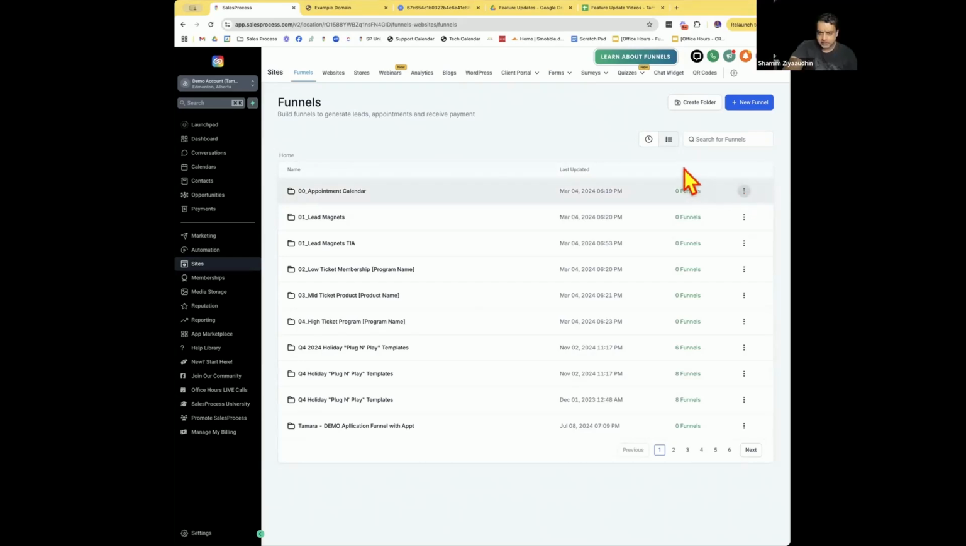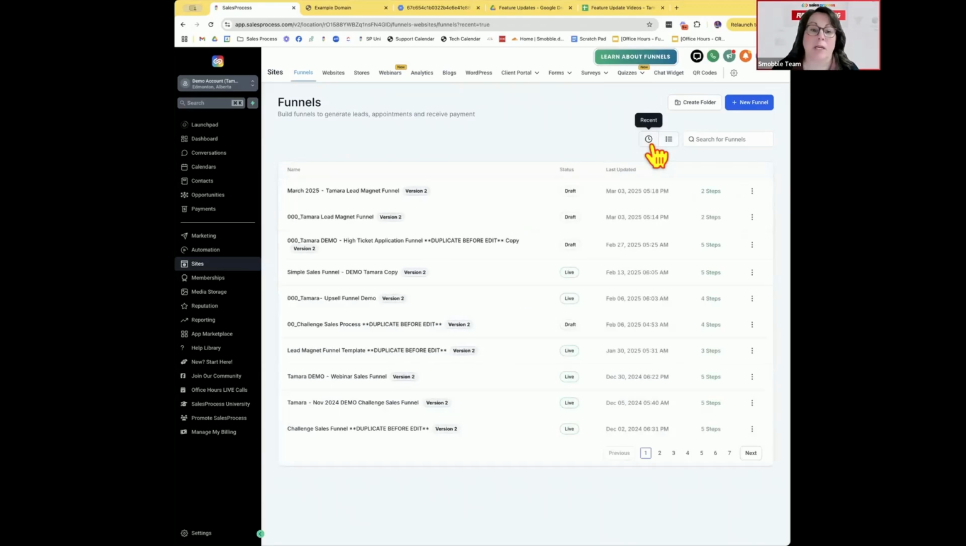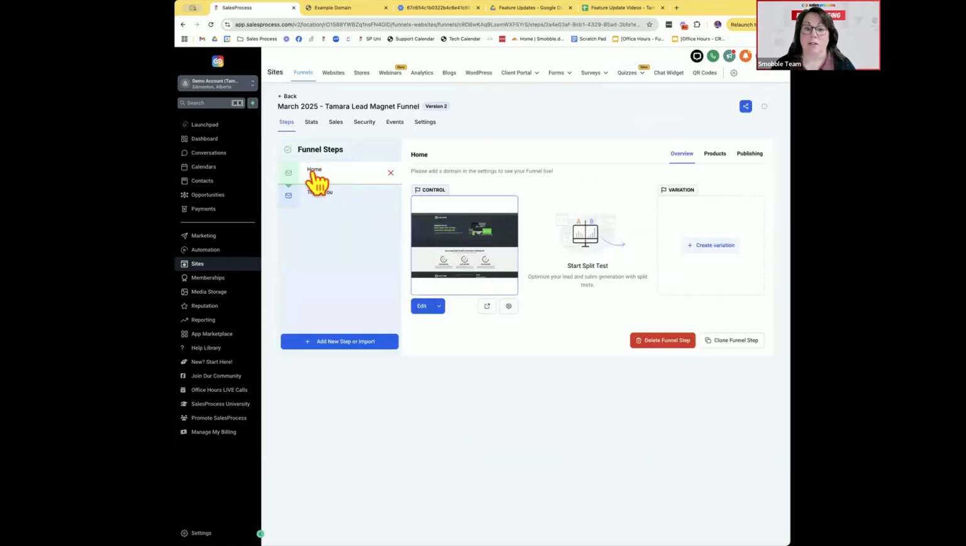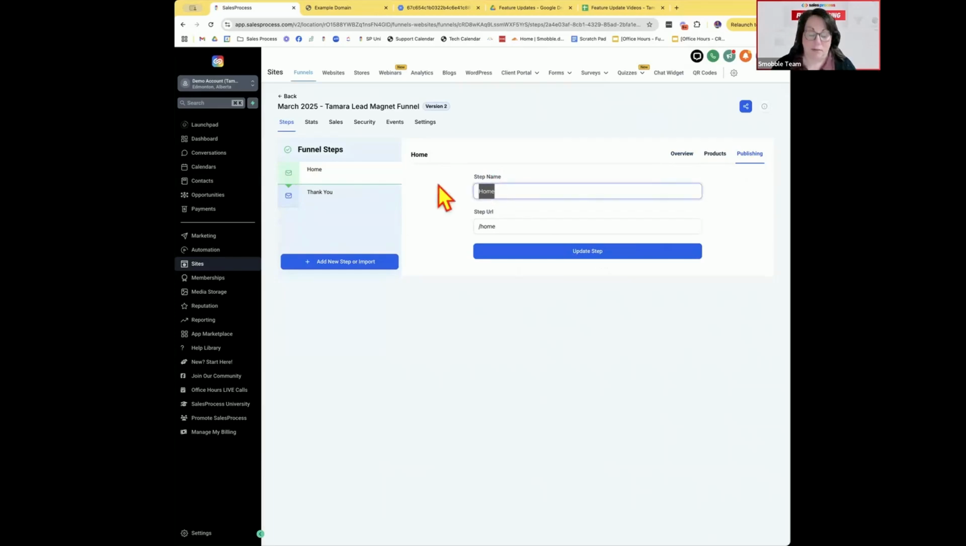Oh, you can clone. Okay, let's do it. So I'm going to find this one, I had created this for this class already, but let's clone it and we'll do that. So here I find a lead magnet funnel. And if I look at a lead magnet funnel, it's got two pages. It's got an opt-in page, this home page. I prefer to have it say opt-in,